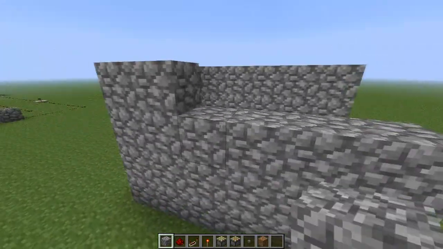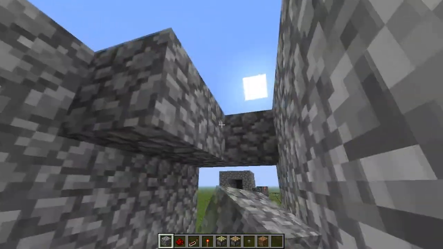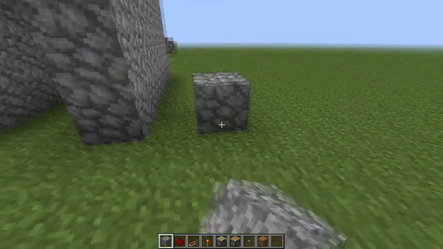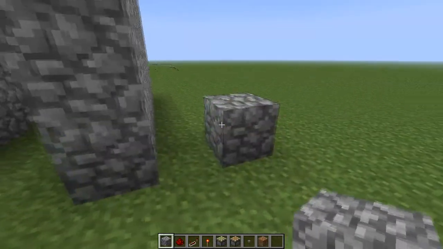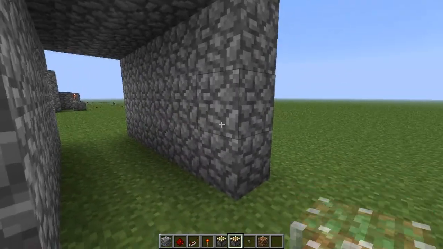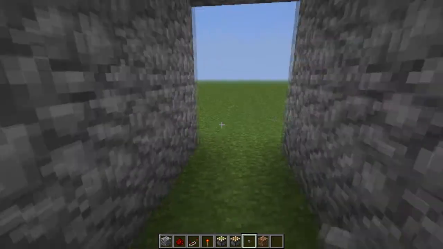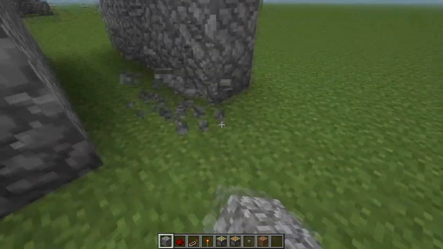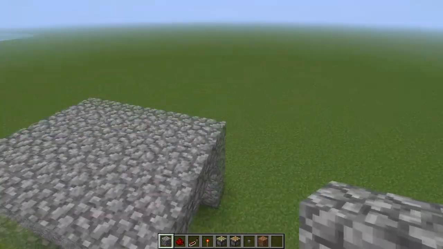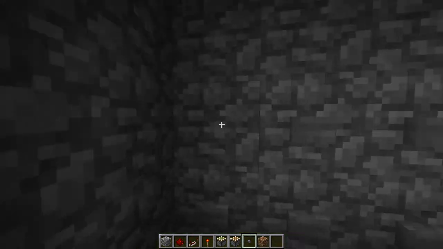Basically, you can build this from any material you want to, or you can do this even wider, like four wide, and put stone walls, and when you put buttons on it, you can barely see them. So yeah, the next step is to do this right here, and the next step is to put buttons all around the wall,